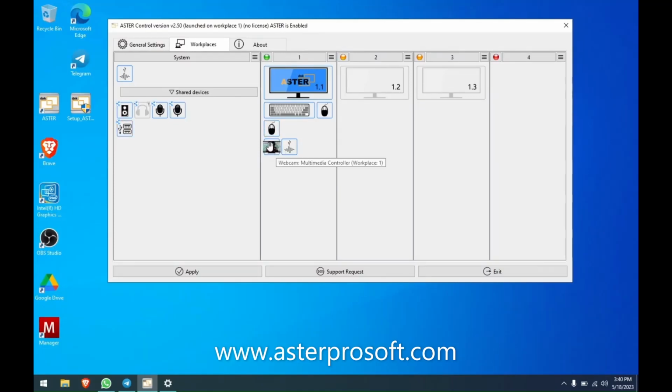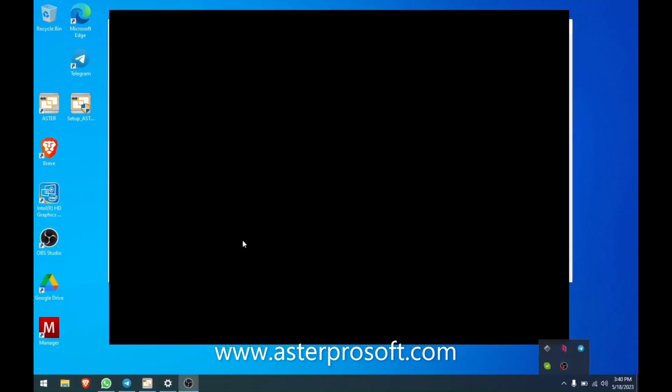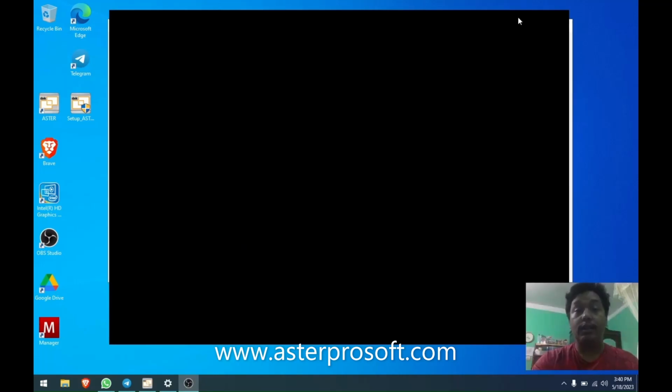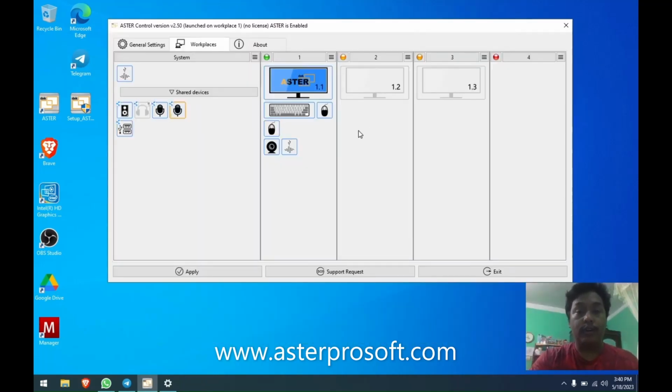So this is very useful when you are assigning multiple webcams to workplaces and want to see which webcam is assigned to which workplace. Let me enable the camera again. So moving on,